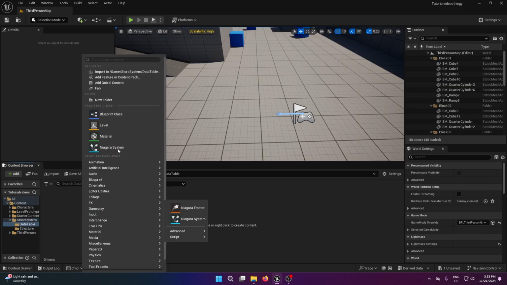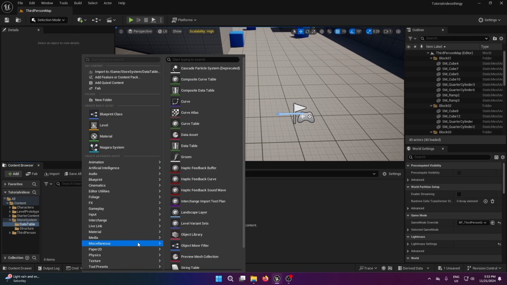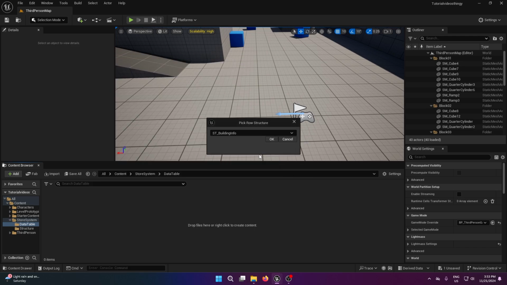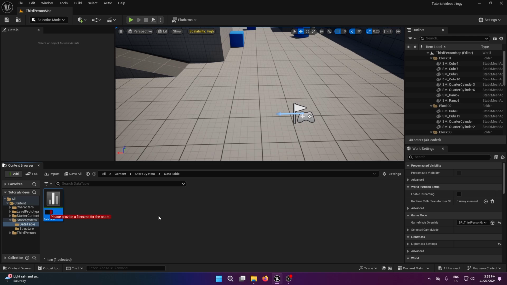Now in the data table, we are going to go to miscellaneous. There should be data table. And search for the ST building information. Yeah. And call it DT building info, just like that. Okay, so we have the basics all done, and now